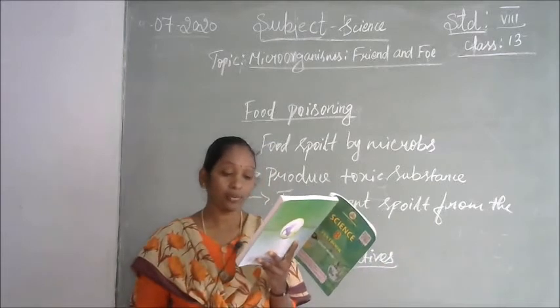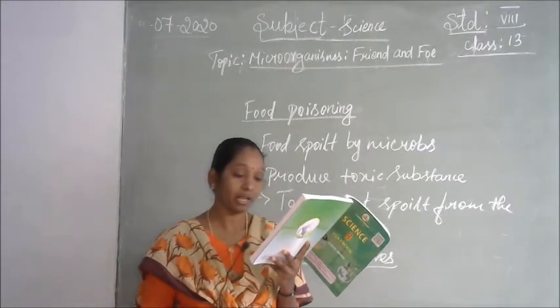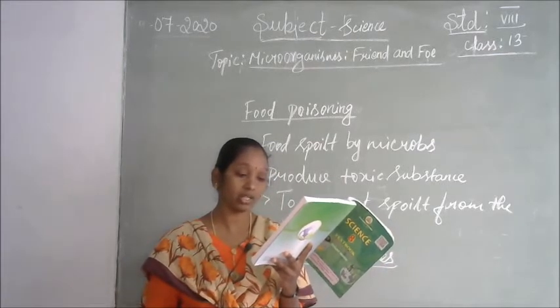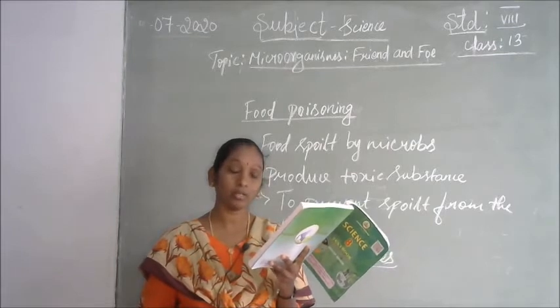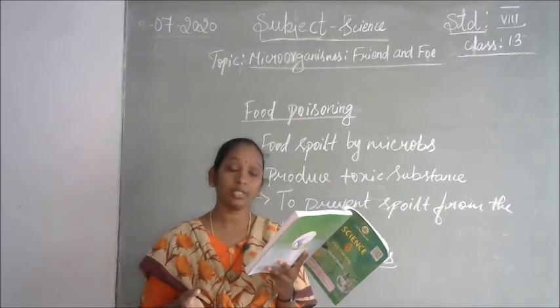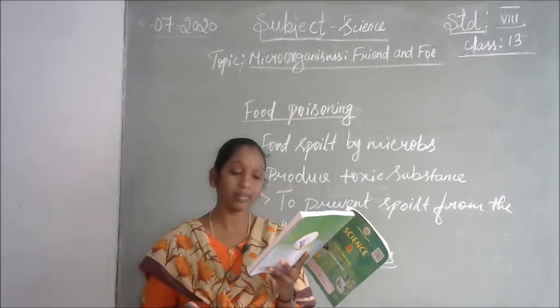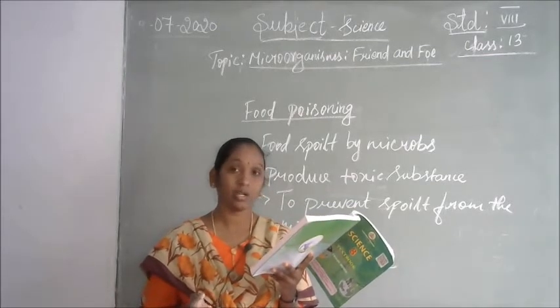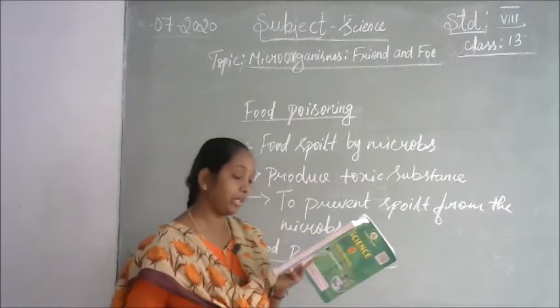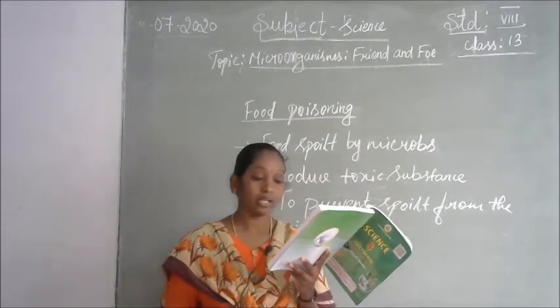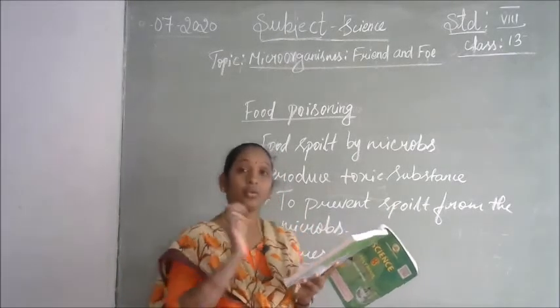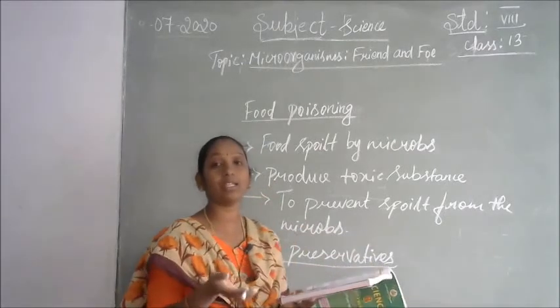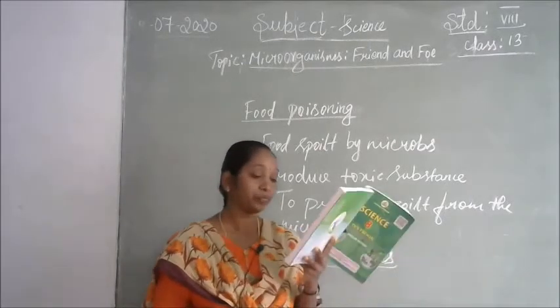Microorganisms spoil our food. Spoiled food emits a bad smell, has a bad taste and changes color. Once a microorganism visits the food, it is definitely spoiled and emits a bad smell, and the taste also changes. Not only the taste, the color also changes. Spoiling of food is a chemical reaction. So when food is spoiled, chemical reactions are happening in the food.